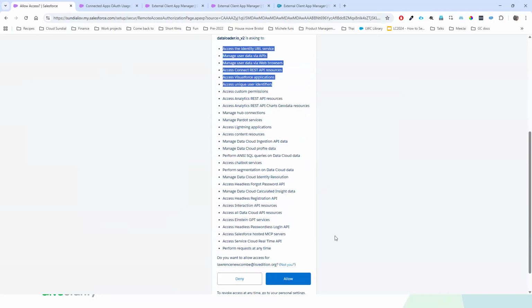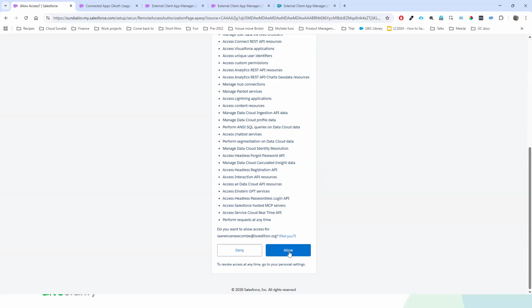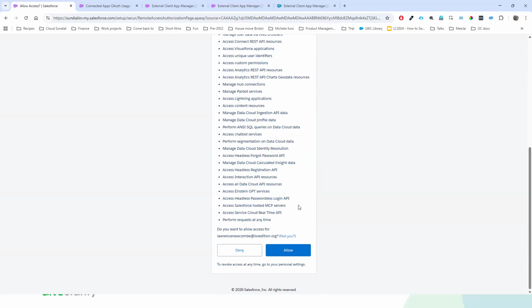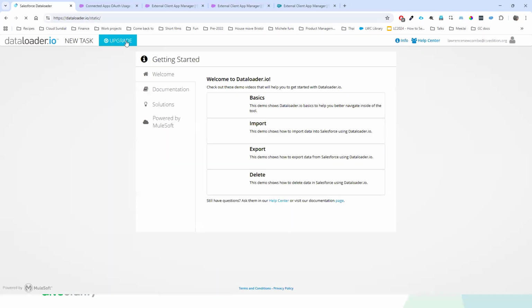Each one of these lines is effectively an ability that I'm providing to the app by saying yes, you're allowed to have access to this org. In this case, this is quite an extensive set of things that Data Loader expects. In many cases, we hope that would be a shorter, more targeted list.